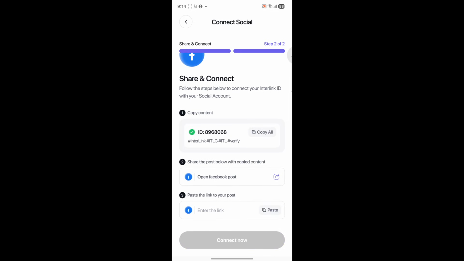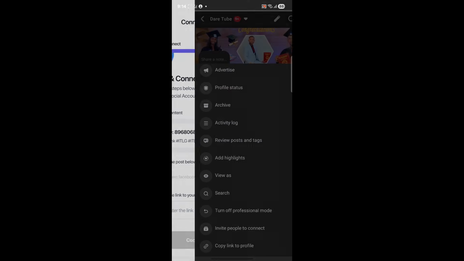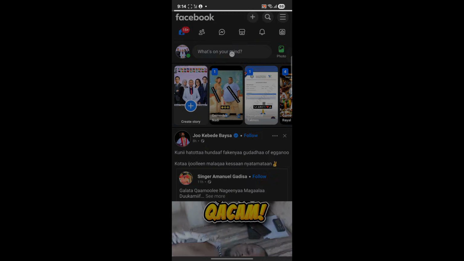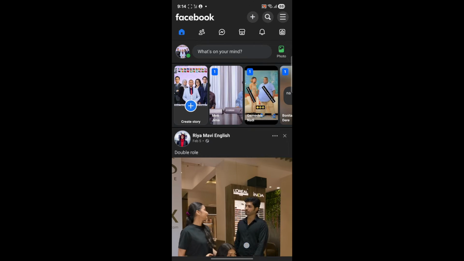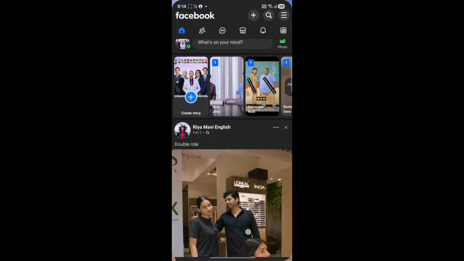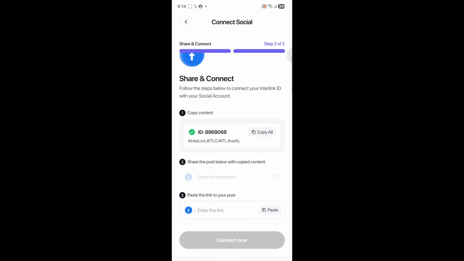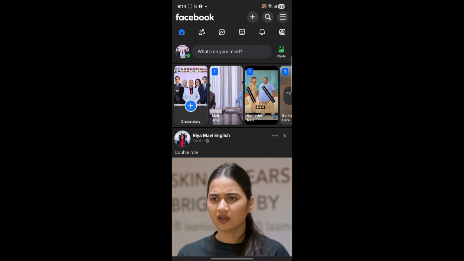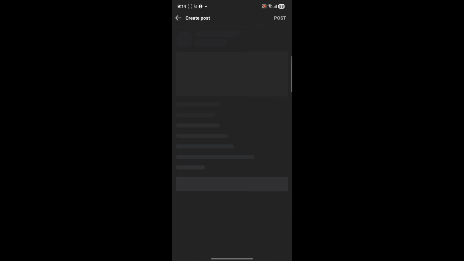Then copy all this. After you copy this, open the Facebook post. After you open it, you can post here.